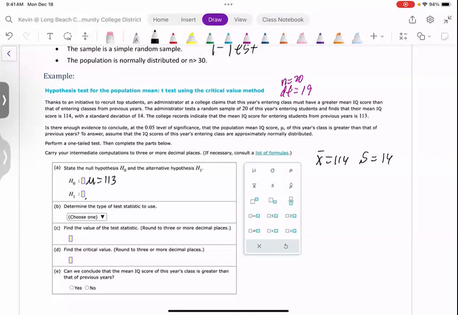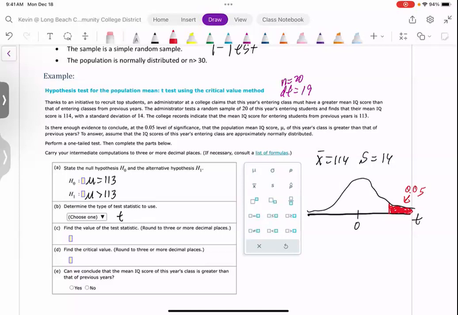So our alternative is here. This is definitely going to be a t-test. And remember, our t-distribution looks a lot like our z-distribution. It's a nice, pretty bell-shaped curve. And because it's greater than, this is going to be a right tail test. There's our critical region